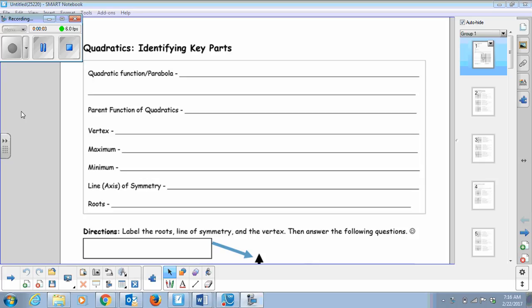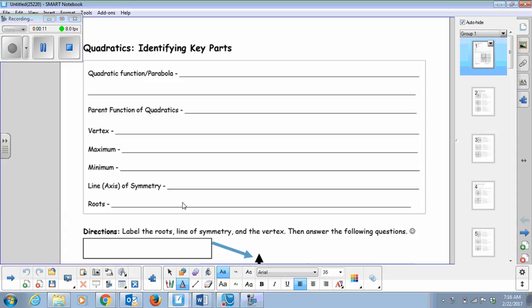Alright, today we're going to be going back to some packet stuff for a little bit. So we're going over vocabulary for quadratics. Those are the type of graph that we have been working with, so the U-shaped things. So quadratic function or parabola